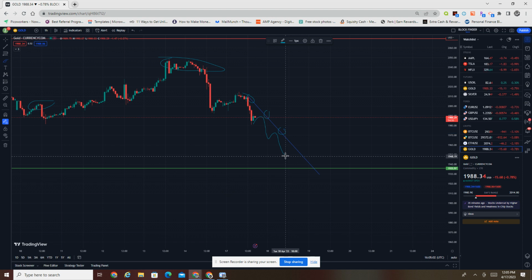So the very next pivot off of this line, this is going to be where you want to take a trade and continue the trend. So in this case, you will want to go in for a sell,